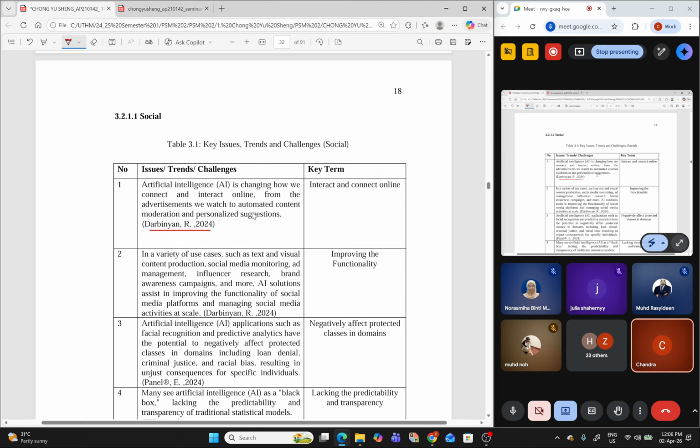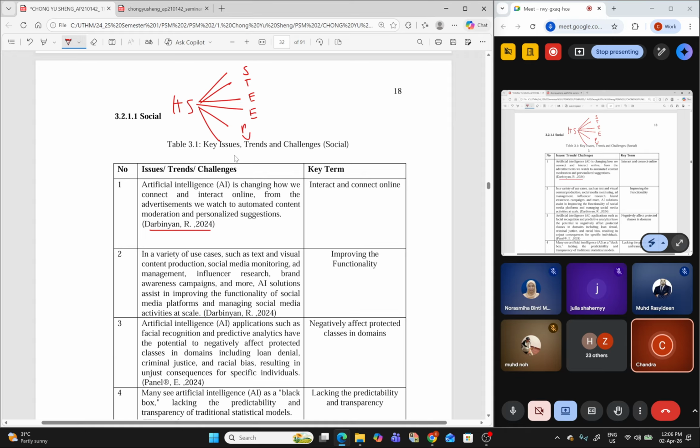Dia akan ambil yang ini, lepas tu dia akan categorize under STEEPV. Lepas horizon scanning ni, you akan categorize under STEEPV. So lepas you cari semua isu, semua ayat ni,